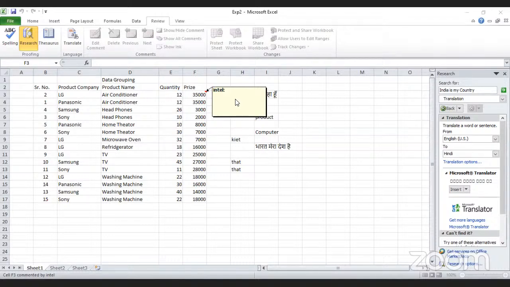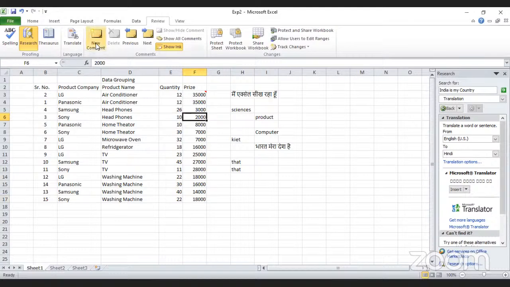Okay, and I can type here. So I will type here, good cell. Okay, so this is my first comment that I have given. Here I will write the comment, low cell. Okay, then suppose here I will write the comment,